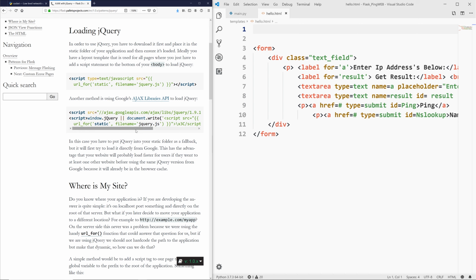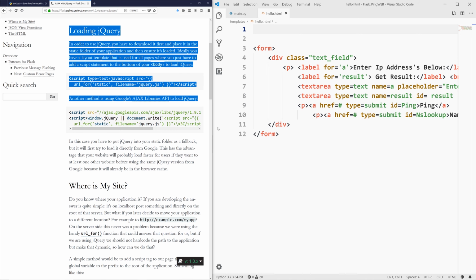But for now, I'm not going to do that. I'm directly copy pasting it. It is asking you to create a jQuery.js file under the static folder and write the actions in JavaScript for this HTML page manually, if you don't want to use third-party API requests or libraries. The other way is to call the Ajax library from Google API, and this is a simple method to do that. So I'm going to do that and copy,